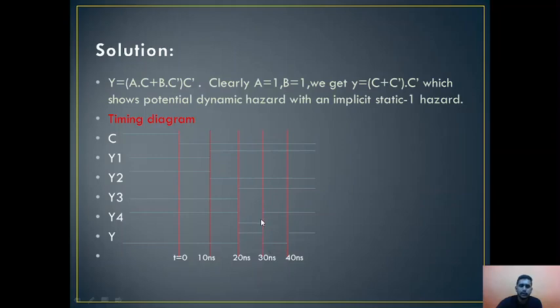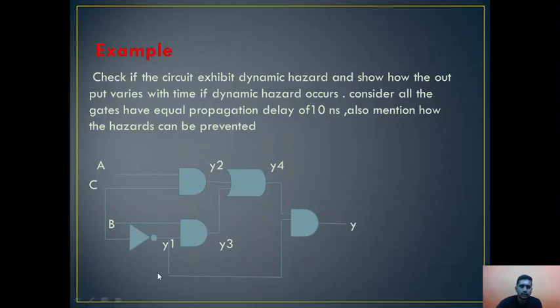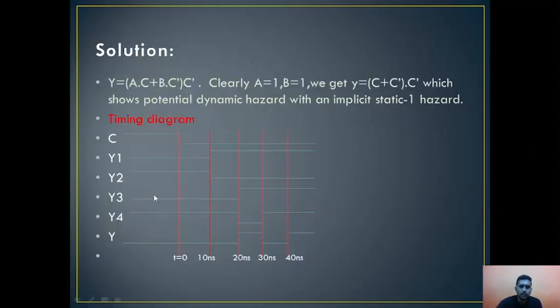Then y4 changes to 1 again, since y3 became 1 at 20 nanoseconds and y4 becomes 1 at 30 nanoseconds. As y4 becomes 1 at 30 nanoseconds, and y1 has become 1 before, we get Y as 1